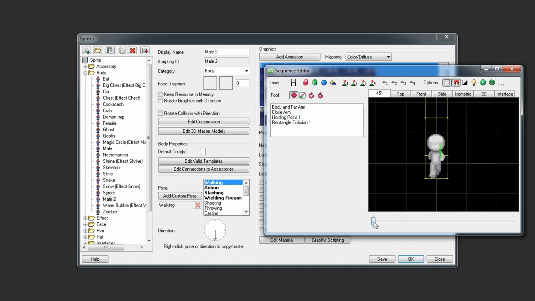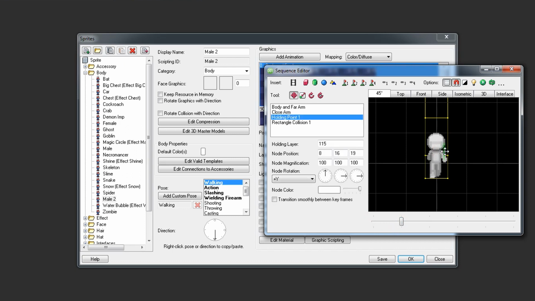Use the track bar at the bottom to step through each frame of your animation and adjust the position of your holding point accordingly, so that it follows the movement of the sprite's hand. You can also use the rotation tools to rotate the holding point as well. For finer precision, use the position text boxes and rotation dials to move and rotate the holding point a few pixels at a time. The rotation dials will also snap to angles if you hold down the Shift key while